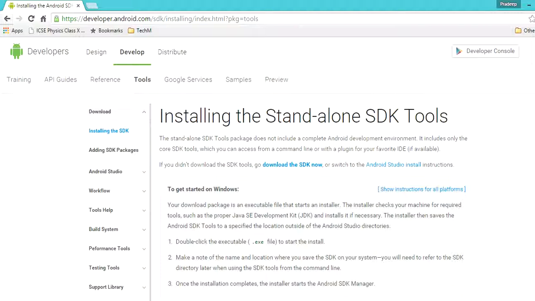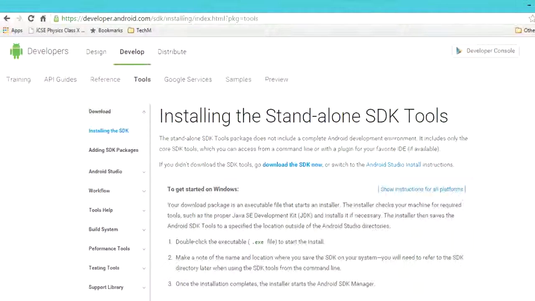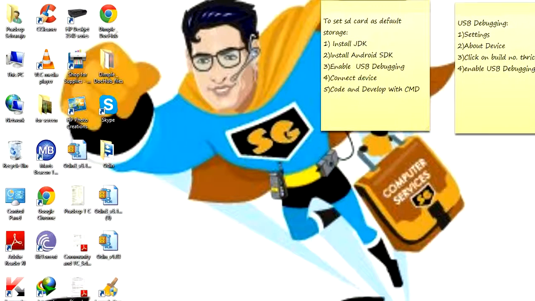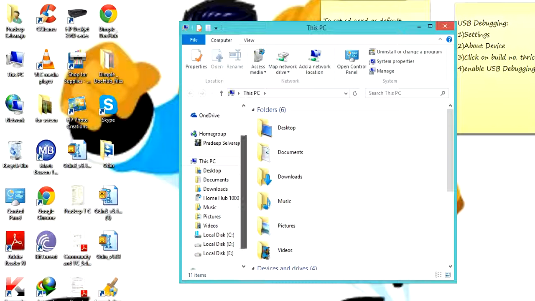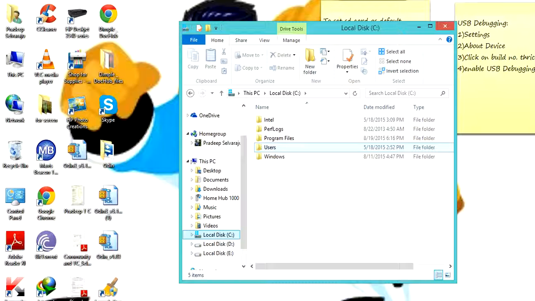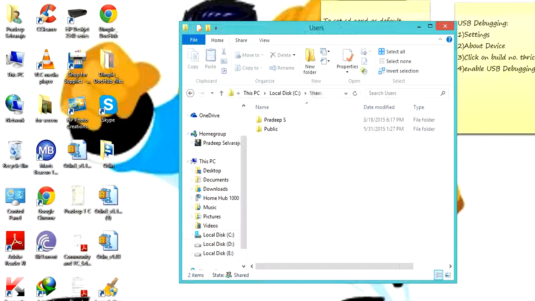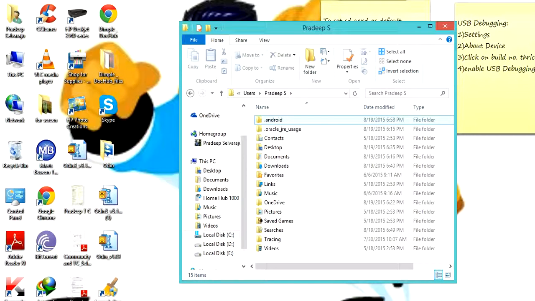Then you can install the files and start using. The JDK you just have to install after the setup file, but this Android SDK will be found in local disk C, users, your computer's name,